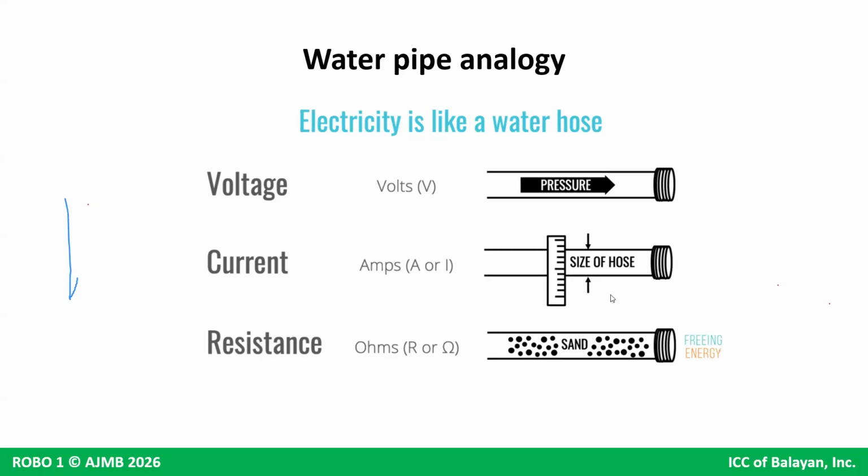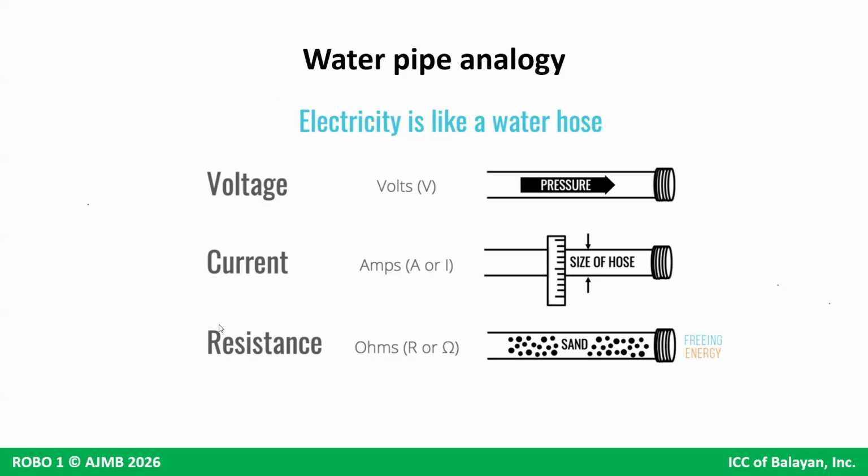And then when we talk about current, this is the actual flow of electrons. So the thing that you are seeing kanina, the flow of electrons. The term that you can use for that is current. There are a lot of factors affecting it. But essentially what I want you to think about is if you see that the electrons are going faster, that means mas madaming electrons ang nagpapass in each second, right? So faster means more current. If you increase the pressure, the voltage, you increase the current as well, considering the resistance is constant.